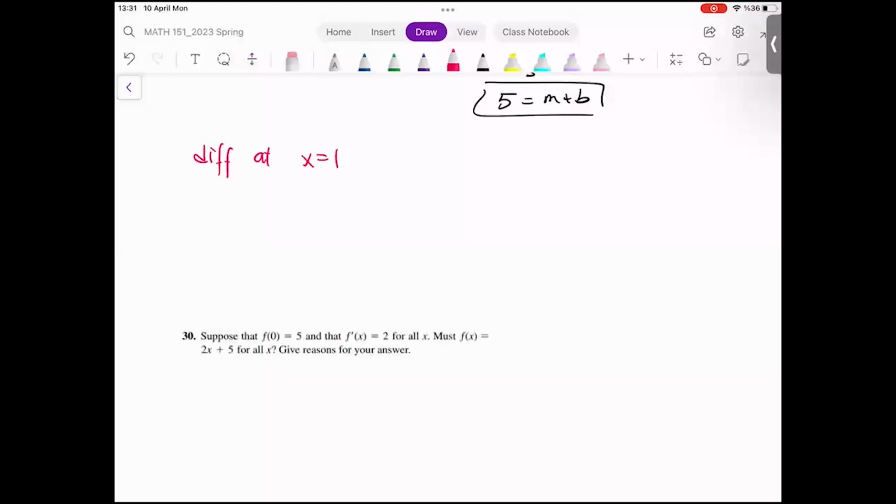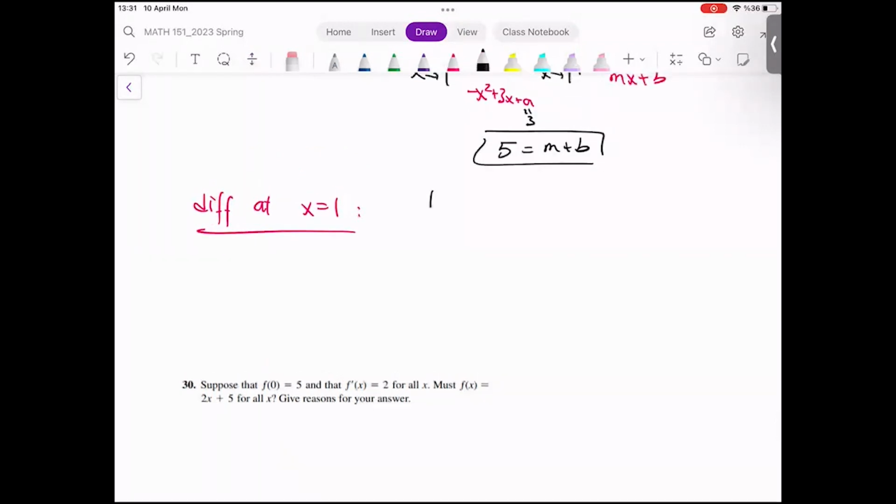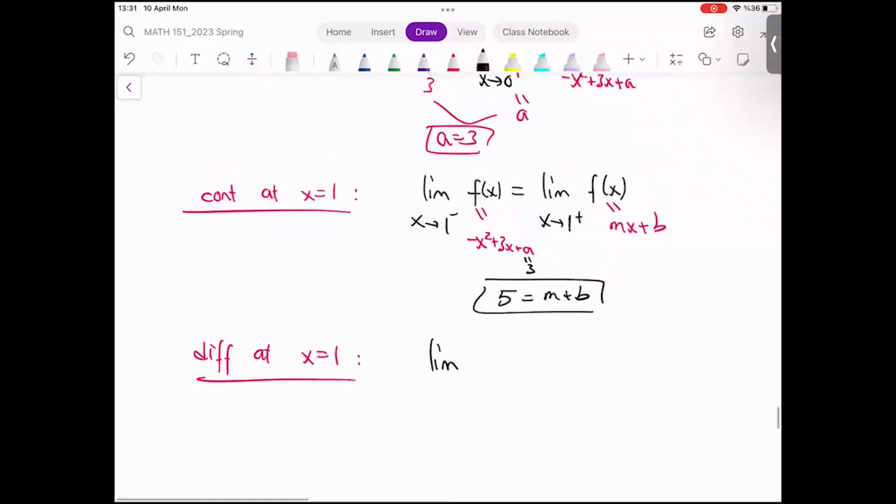Differentiability at x equals 1. Remember, how do we check differentiability for one of the functions in the first lecture? Left-hand side derivative, right-hand side derivative should be the same. We use this idea once. Okay, so limit of,